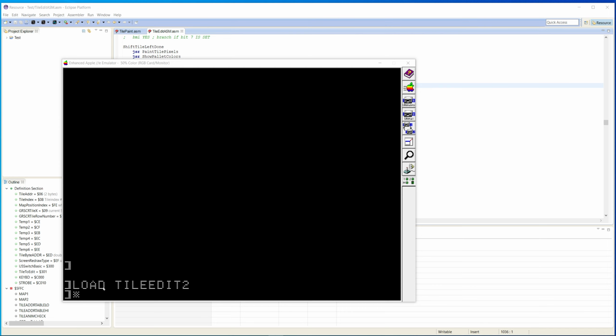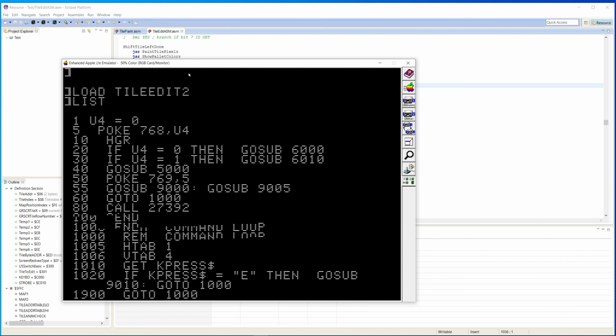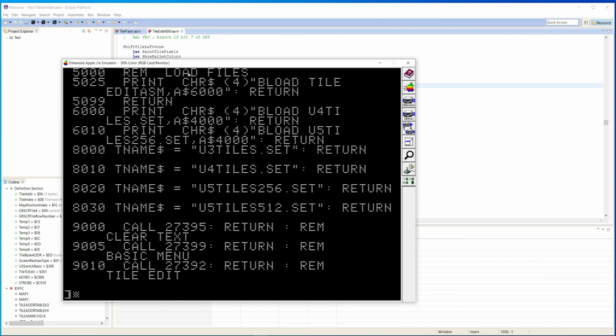So right now, and I may end up making a third version, we've got Tile Edit 2. This is just a very basic stub. Oops, let me get it over here. I've got a few other things to change that I haven't changed yet that I'll talk about, but this is just a very basic stub based on the previous one that I did,